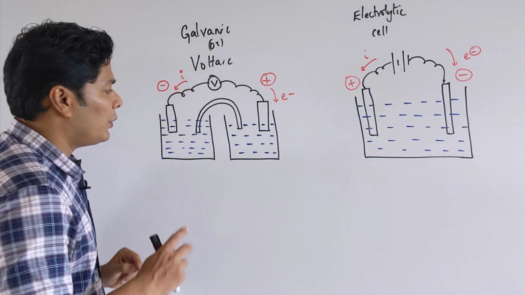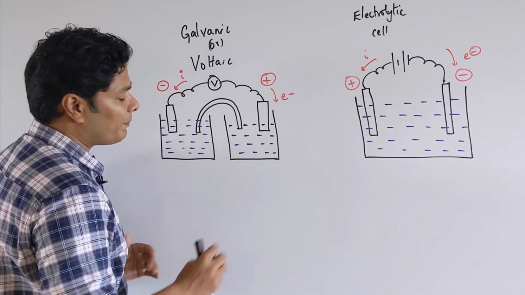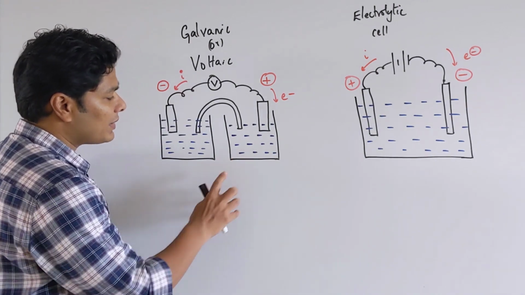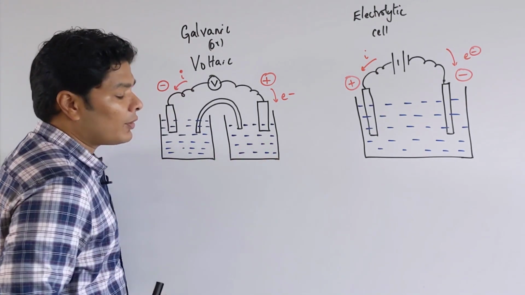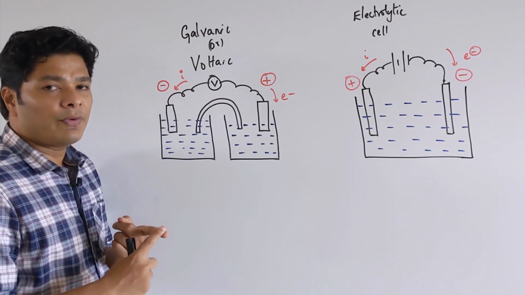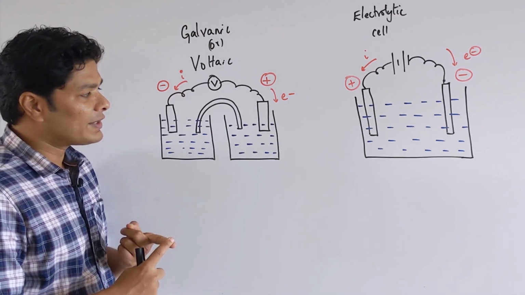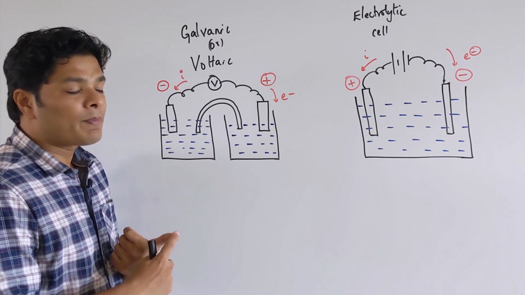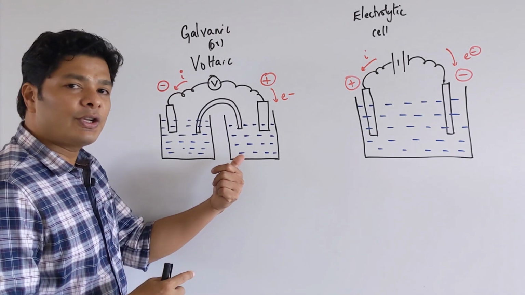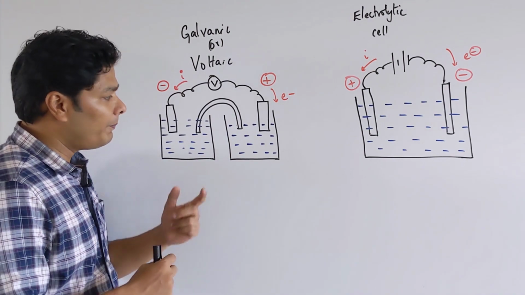A couple of things that you want to know: I will go through the standard procedure. We will explain a few things. The blue color dots are your electrolytic solution. These are conductive. If they don't conduct electricity, then we can't have a cell. So these have to be electrically conductive. And most of the time it's an aqueous solution. You can use molten salts as well.